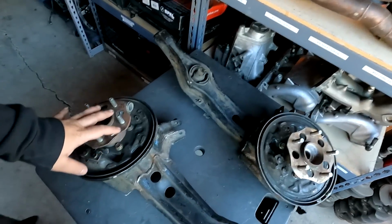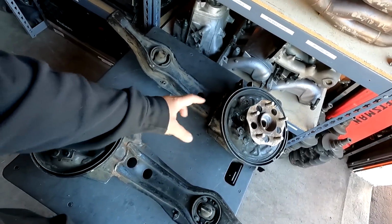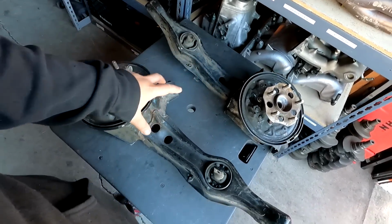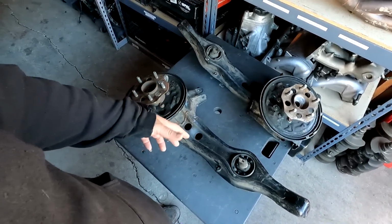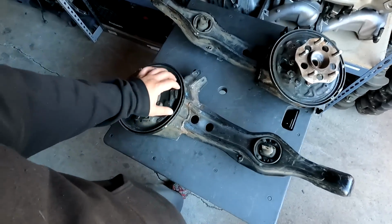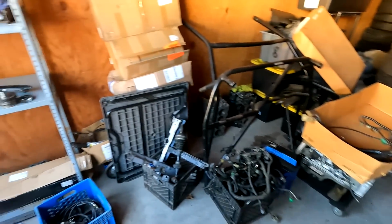So this is the CRV trailing arm, and last night I modified the last arm just so we can finish it up and bring the pair here. I think I'm gonna post it up for sale. I mean, if it doesn't sell, I can always use this for the next car. So I have it here on the table, about to take some pictures, and then we're gonna continue going through